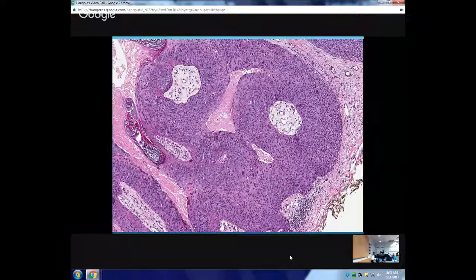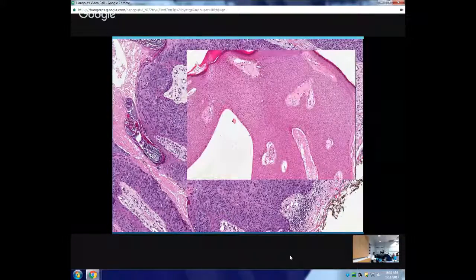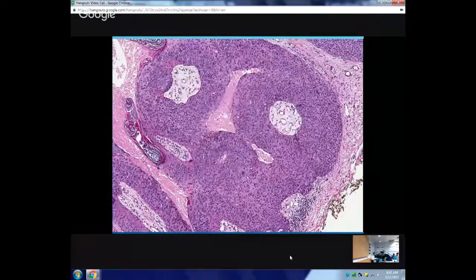But now what is different from the last one? This is the last one and this is this one. They have very similar morphology, but what is different in the two? Cytologic features. This is very benign looking and this is not benign, because there are a lot of hyperchromatic nuclei, and if I go high power I'm going to find a lot of mitosis and a lot of pleomorphism. Look at this big cell here. Hyperchromatic big nucleus, but something that looks like a poroma. If it looks like a poroma but is atypical, then it becomes a